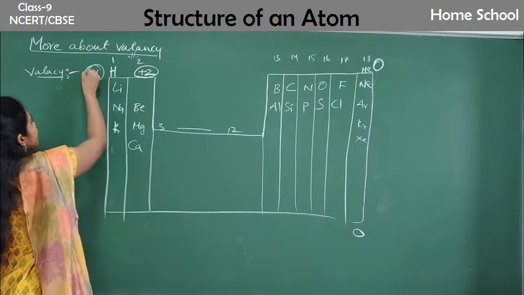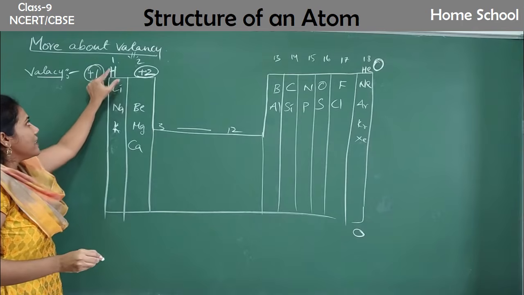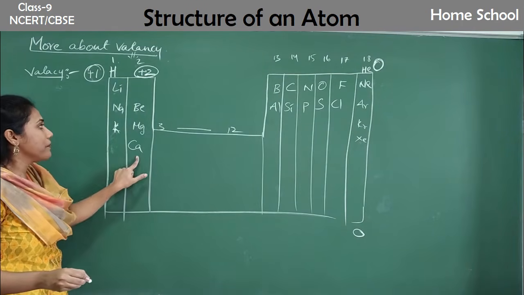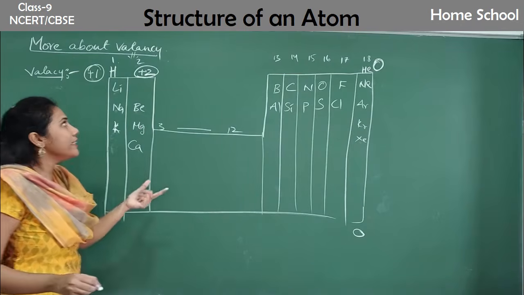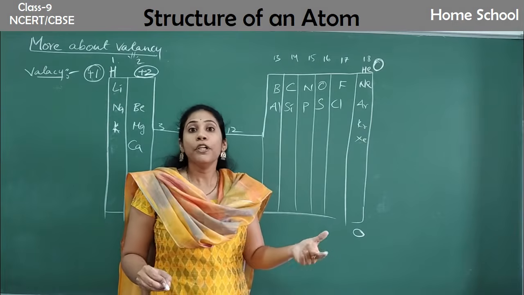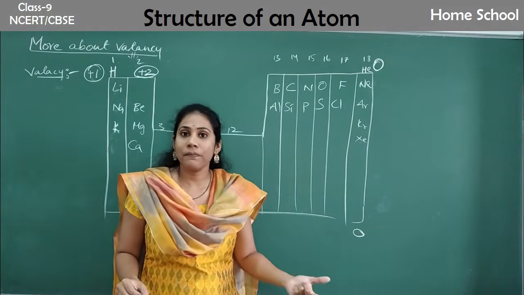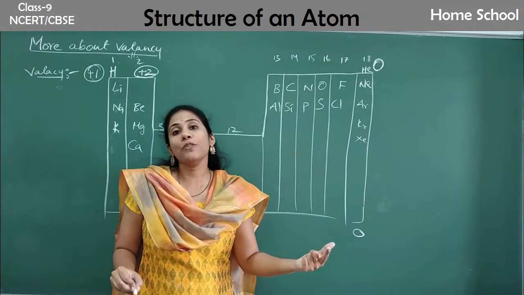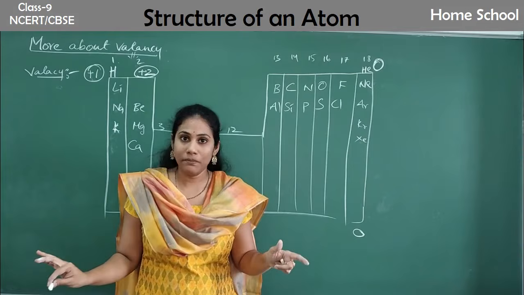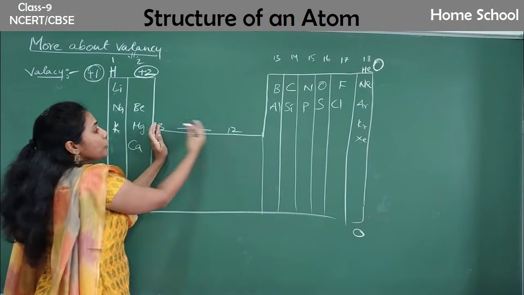Okay, so valencies, I am mentioning in a circle. +1 is the valency of first group elements, +2 is the valency of second group elements. Okay, magnesium, calcium, all these, they will lose. Plus means what? Losing electron. 2 in the sense what? How many electrons are they losing? 2 electrons. So +2. Why are they losing 2 electrons? Because to have 8 electrons in their last shell. Clear? Fine.